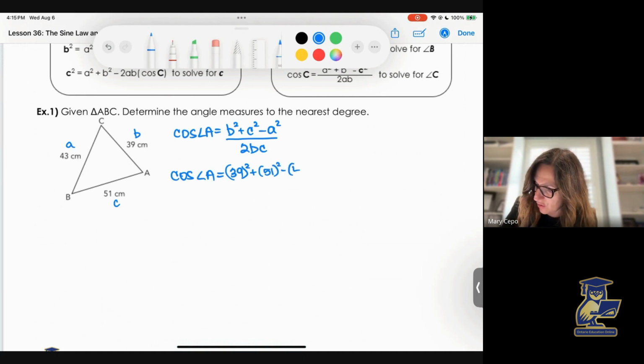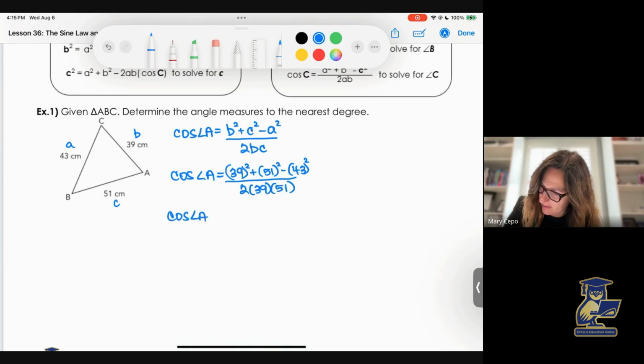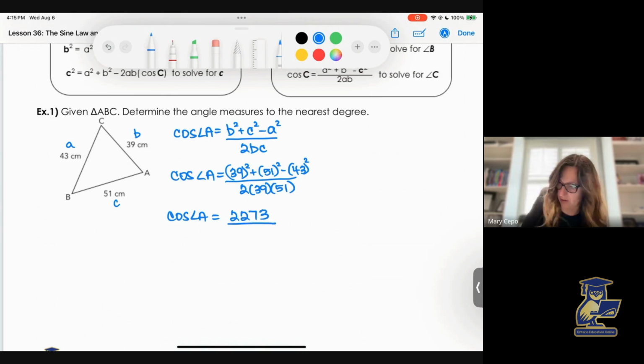A is 43, all over 2 times b times c. Taking 39 squared plus 51 squared minus 43 squared, which is equal to 2,273, all over 2 times 39 times 51, which is